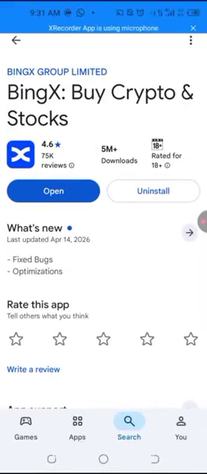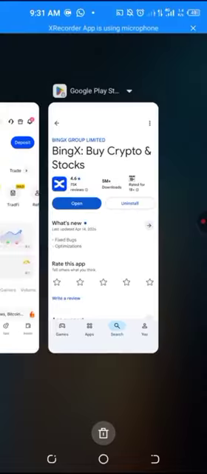So you have to go to Play Store, download BingX Exchange. It's one of the top 20 exchanges. I think it's number 13. It's a very strong exchange where your money will be safe and secure. So download this app, install it, verify it. After you have verified, whether with your national ID card, your driver license, or international passport, when you have done that, then wherever you have your money,